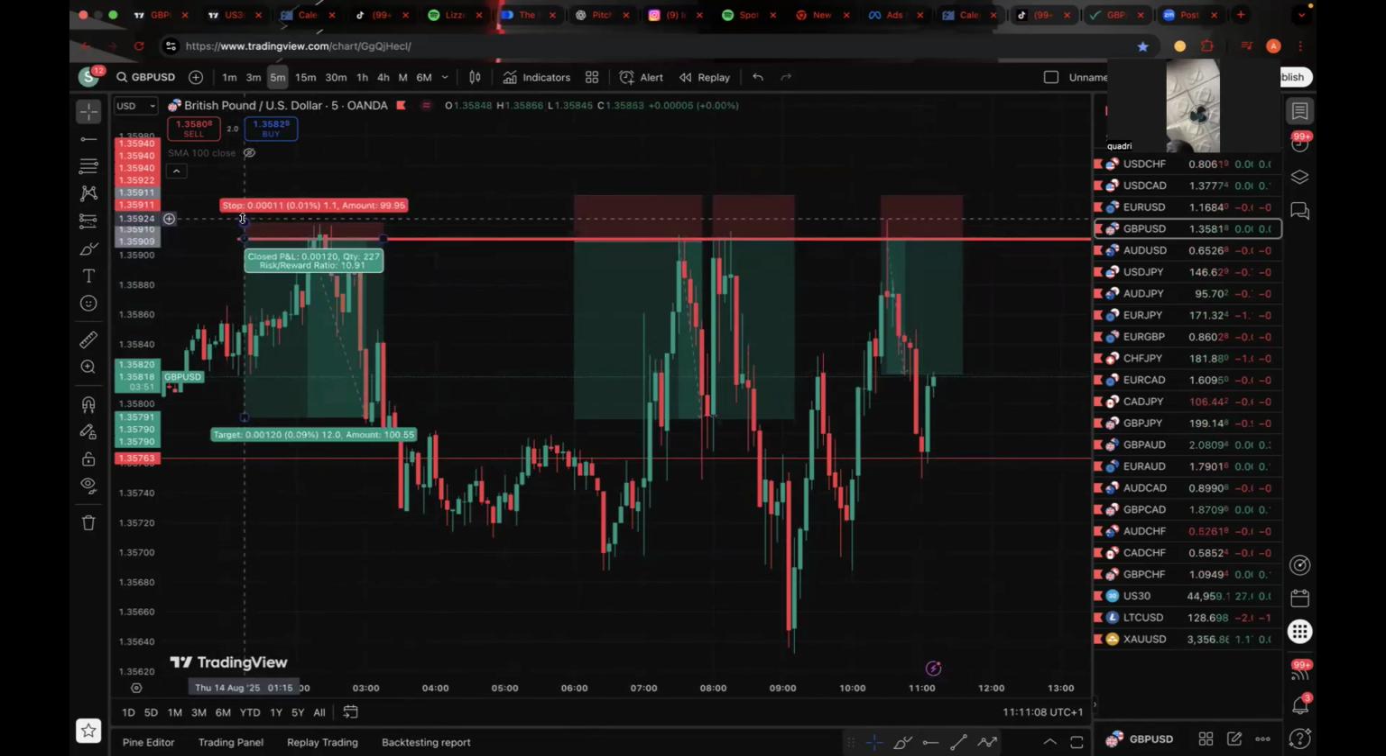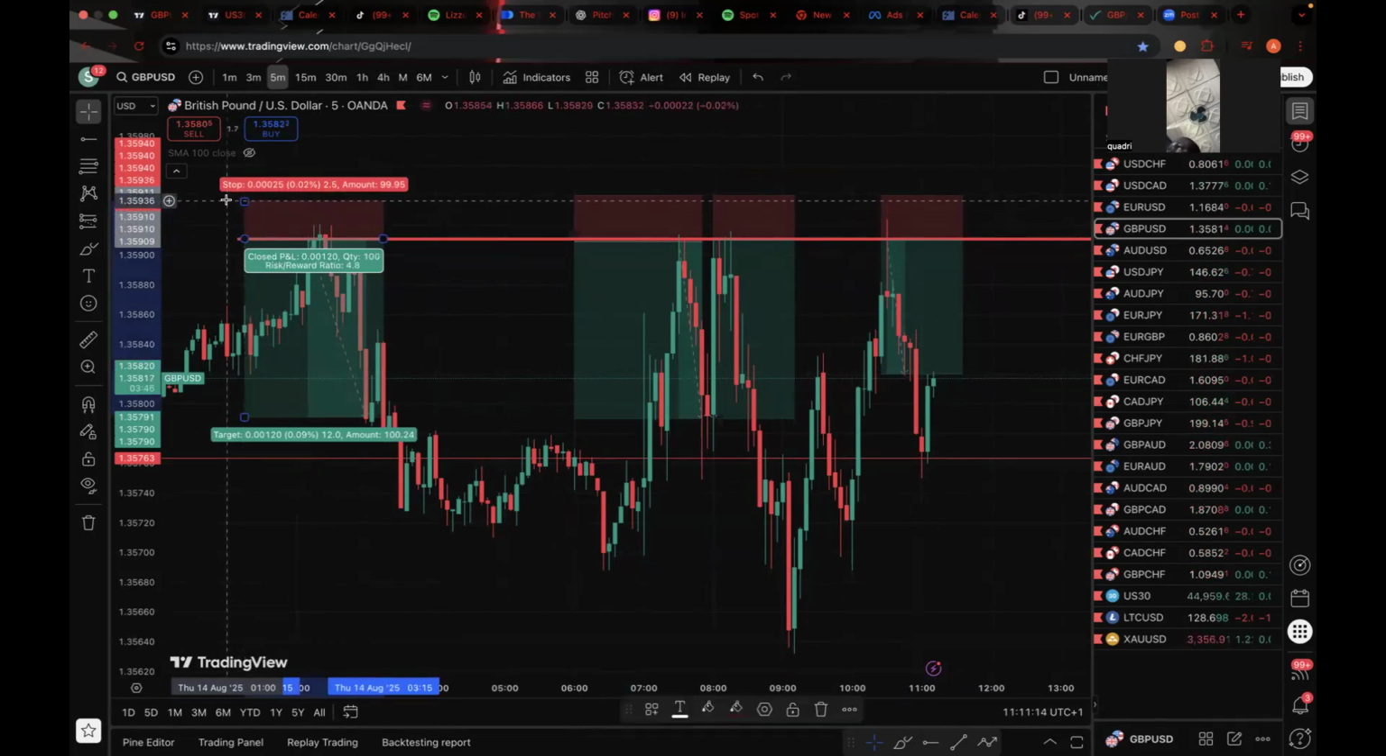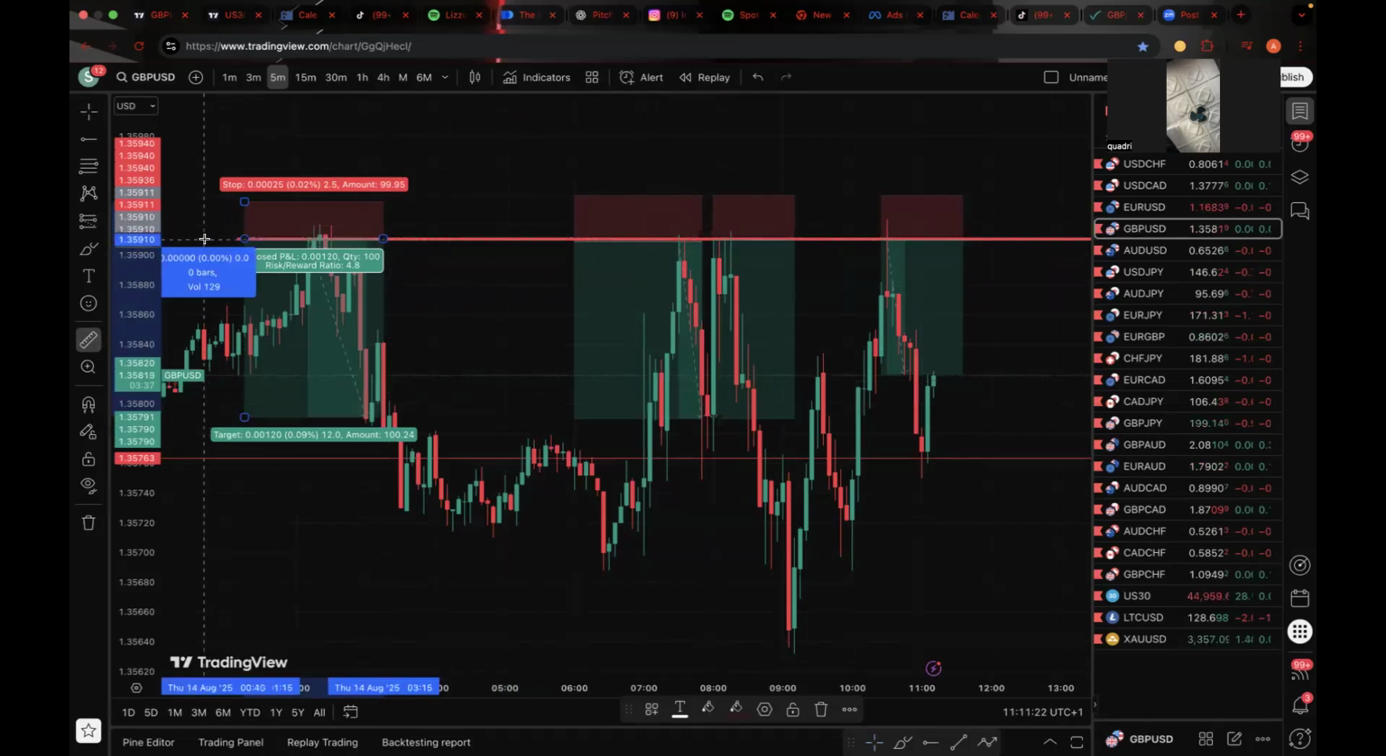So what did I do? I gave allowance. I could have used an allowance of 2.5, which would have still been okay, but I just decided to push it as high as 3. Then for the TP, the average the market moved in our direction was